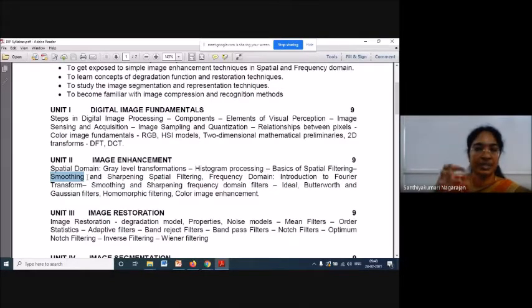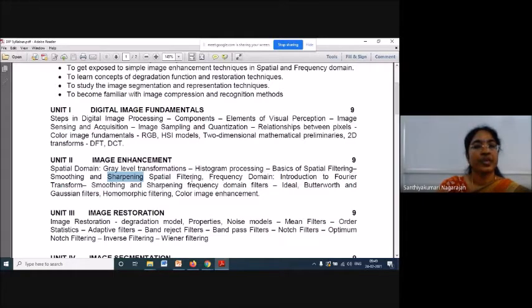Just now I have presented the outcomes of digital image processing: smoothening means you enhance the significant information present in your image. Sharpening is where you need to know about the boundaries, edges, or contours of an image; these sharpening kinds of filters are used.